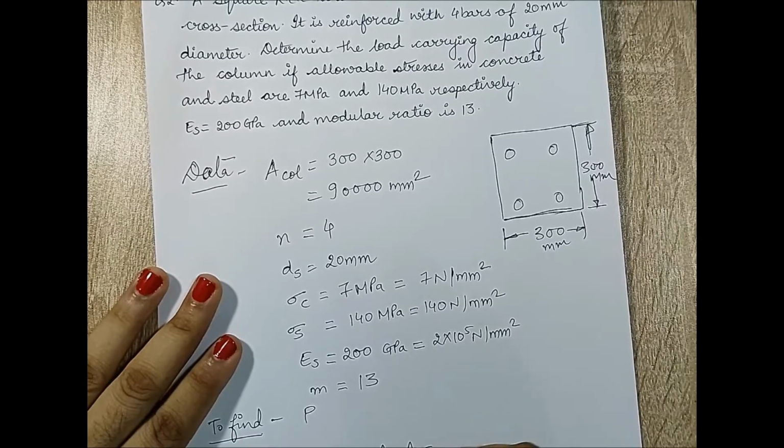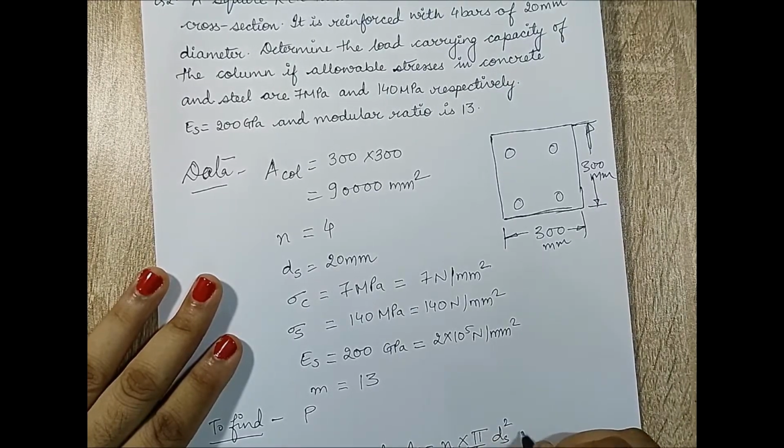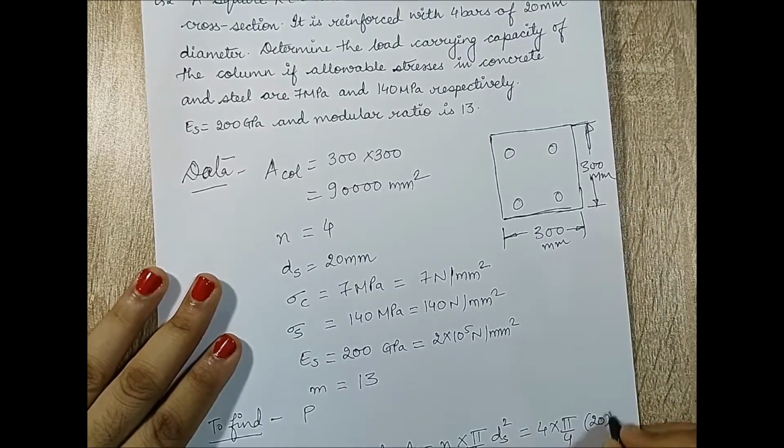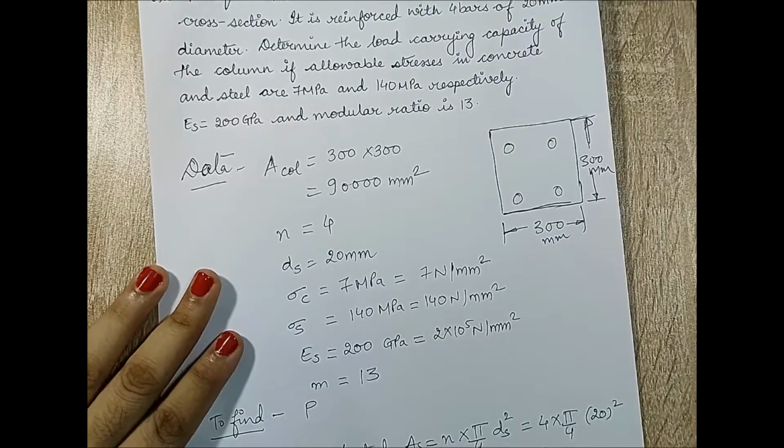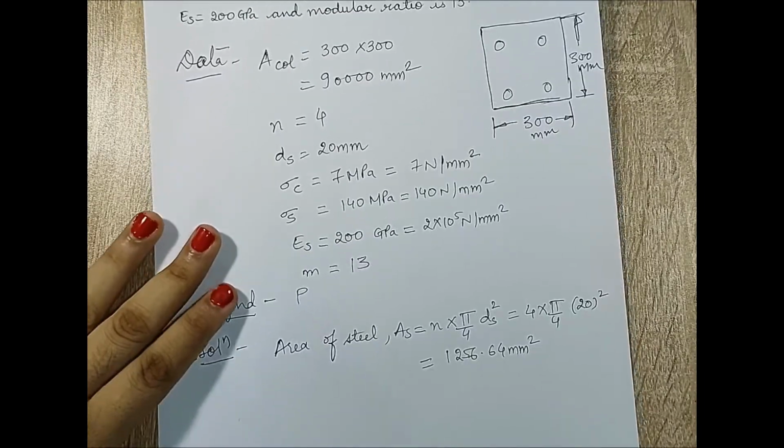Say I call it as AS, will be N into pi by 4 d square, which will be 4 into pi by 4 20 square. So the answer is 1256.64 mm square. If I want to calculate the area of concrete now,